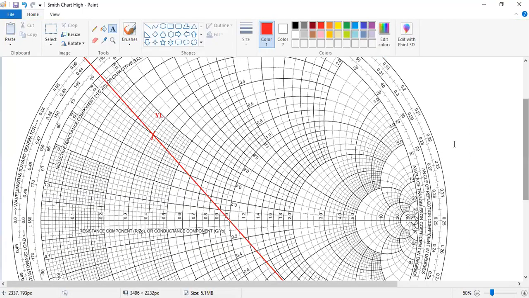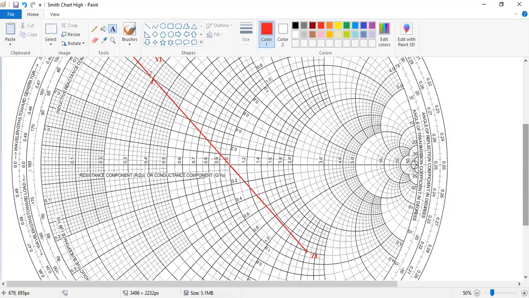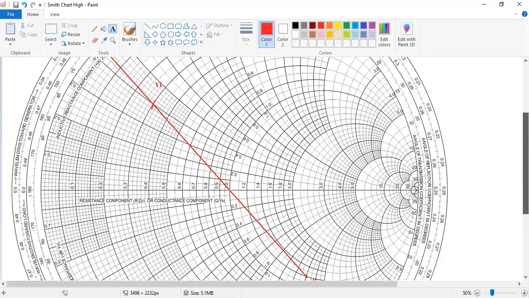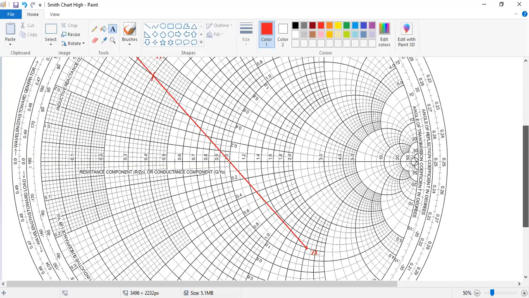Now you have made a circle. All of you, just draw a circle having radius ZL or YL, and it will cut this. Where it cuts, give me the point. The upper point I'll say is Y1, and the lower point Y2. Y1 real part will be 1, and Y2 real part will also be 1. Only the imaginary parts will be plus and minus. So Y1 will be plus and Y2 will be minus. Both magnitudes will be the same.